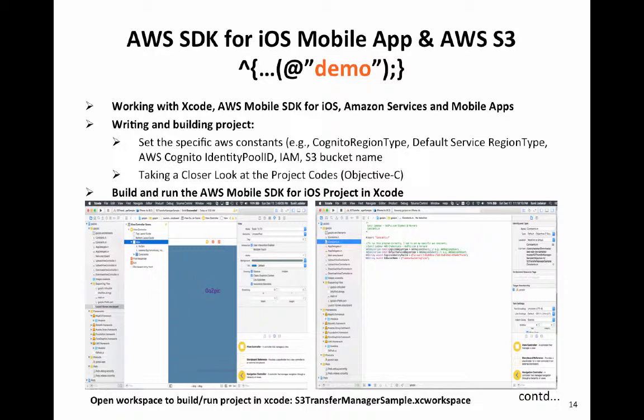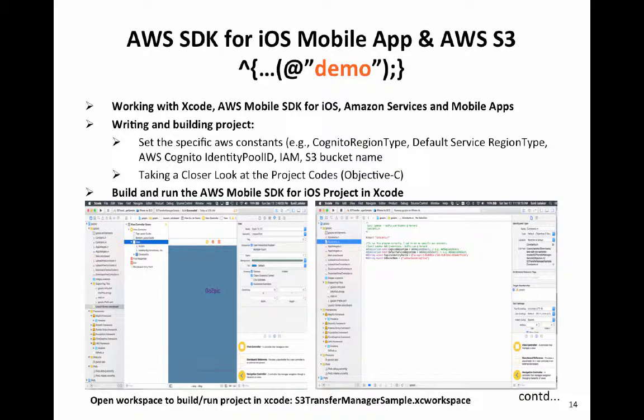I have created a workspace. Here I am having a workspace to build and run my project in Xcode. The project workspace name is S3 Transfer Manager Sample.xcworkspace and the project name is gozpic.xcodeproj. On the left window I have project files and code ready, and the right window shows my Constants.m file